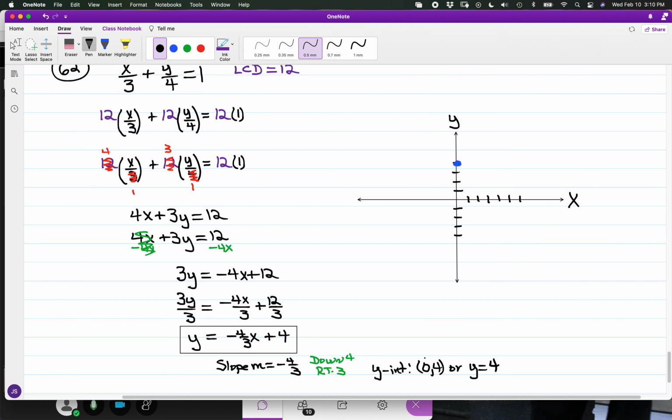If I were to start out, say, going down 4 and to the right 3 units, say going down 1, 2, 3, 4, over to the right 3 units, so I have a point on the x-axis. If I go down 4 units and then shift over to the right 3 units,